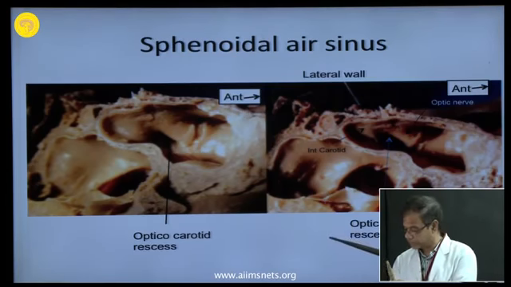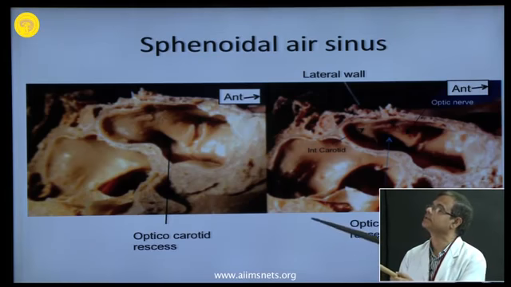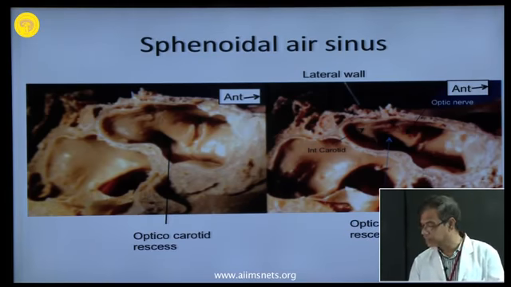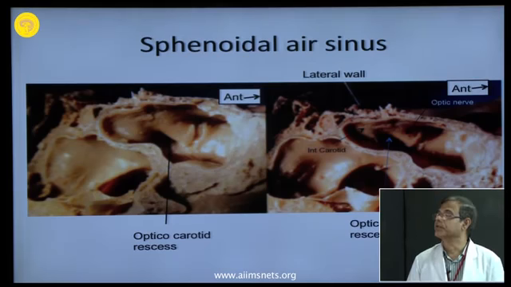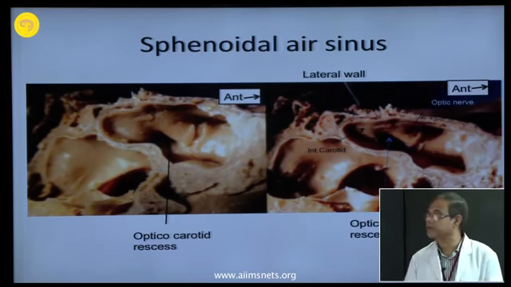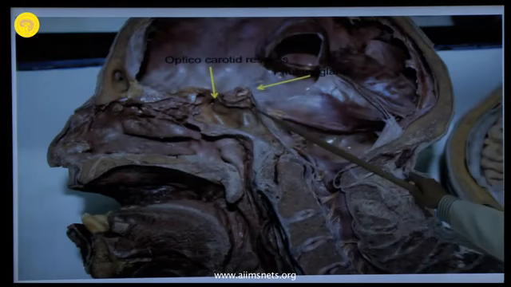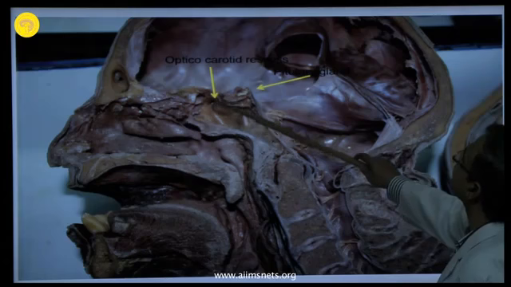There are types of sphenoidal air sinus: pneumatized and non-pneumatized. Sometimes it is divided into sellar, pre-sellar and post-sellar. The sellar is the commonest type. The pre-sellar goes up to the sella turcica, and the post-sellar air sinus may reach up to the occipital bone or the basi-occiput. Here is the elevation of the optic nerve.